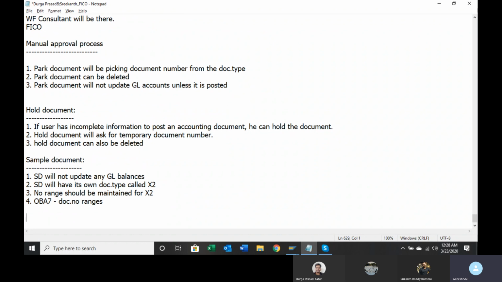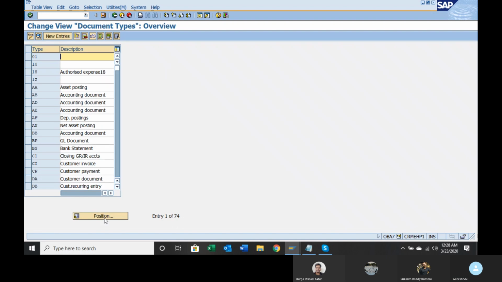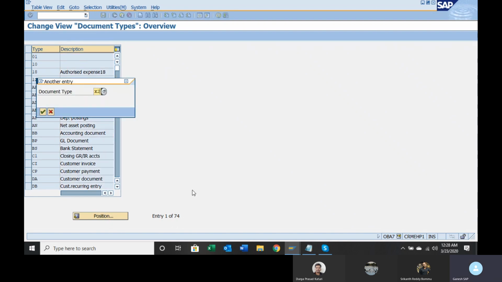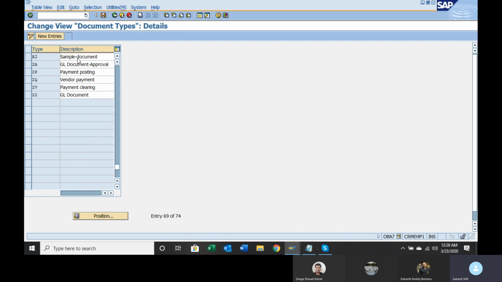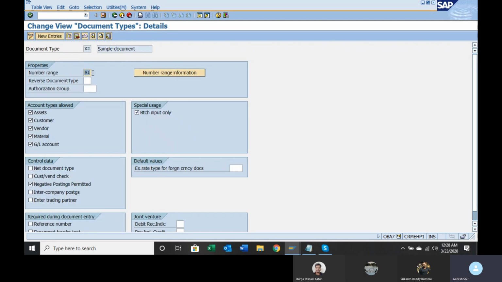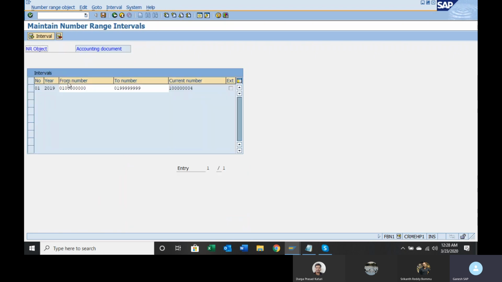Go to /nOBA7, give X2, sample document, and double click on it. Take the number 91. Normally we take 91. Copy. Number range information 1710.